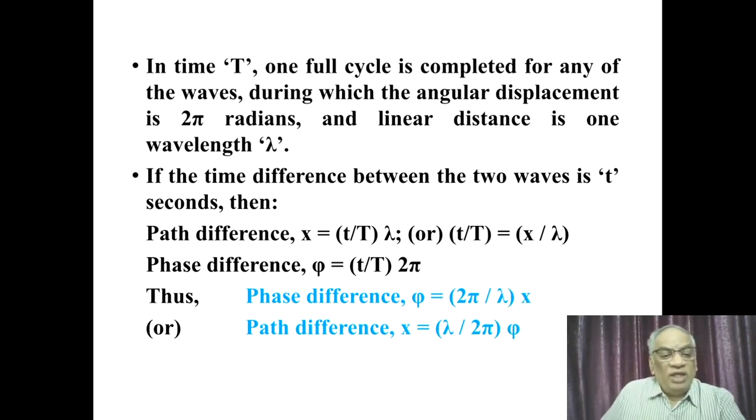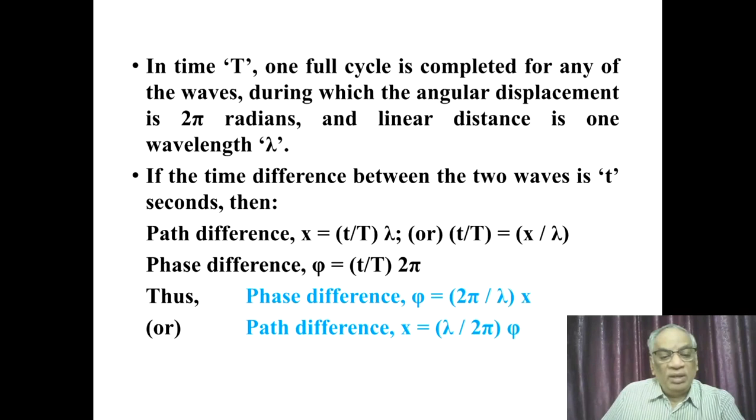The phase difference phi is equal to t by T times 2 pi. Thus, if we substitute t by T equal to x by lambda from the path difference equation, then the phase difference phi is equal to 2 pi by lambda times the path difference x, or path difference x is equal to lambda by 2 pi times the phase difference phi. This is how we can calculate the phase difference and path difference of two different waves meeting in a medium